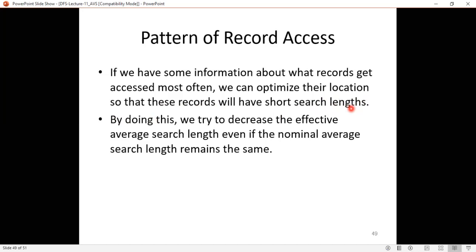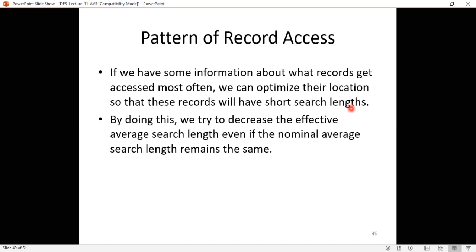In that case, you can place these 20 records near the home address. Understood? If they are near the home address, then the length of the search will decrease, so the average length also will decrease.